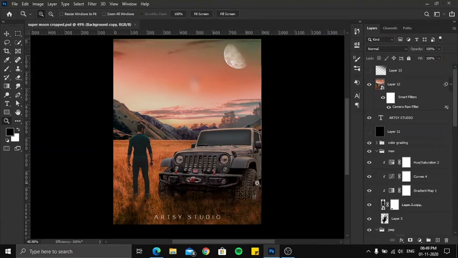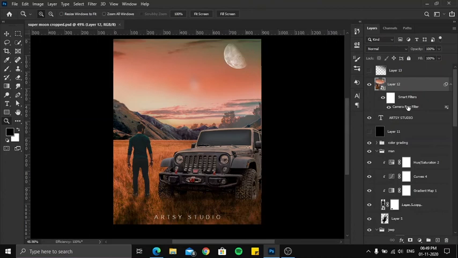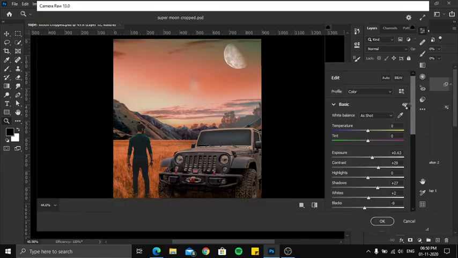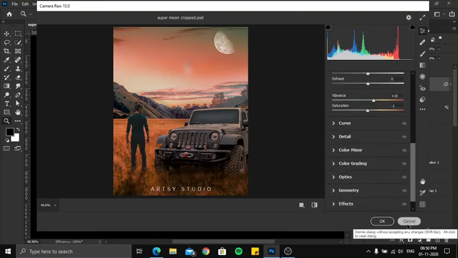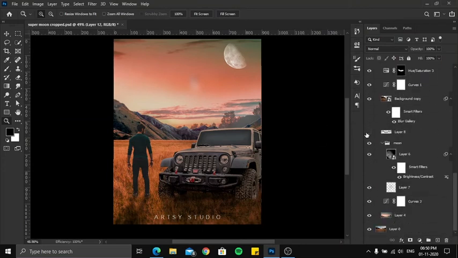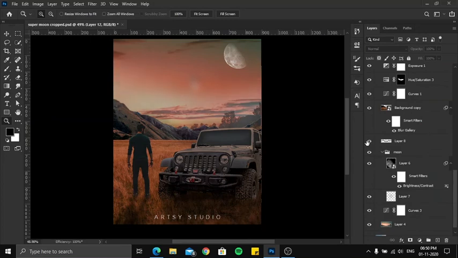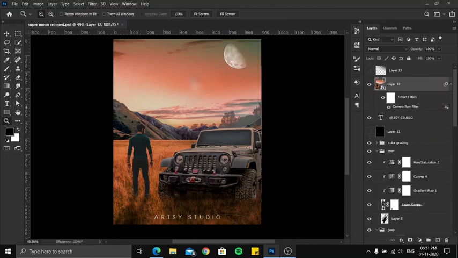After that, I created a stamp visible layer of all the layers. To do that, go to the top layer, select the top layer and convert it to a smart object, and then I applied the camera raw filter. And here I made some basic adjustments to the image to make it look brighter and more attractive. You can just hit the auto icon in Photoshop to apply the basic effect, then you can carry it further. So this was the tutorial, and I did some further adjustments, and this was the final result I got.